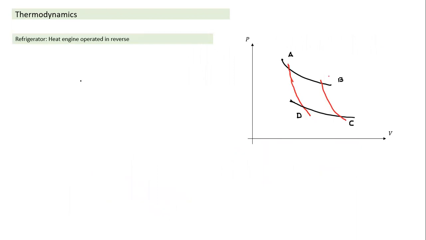Now, the second part is refrigerator. In case of a heat engine, it runs in the clockwise fashion. If we run a Carnot engine in the reverse direction, what will happen? The whole process, wherever heat is being received by the gas, here heat will be rejected by the gas. And work done also, the sign will change. So when we see every term, the sign will change here.